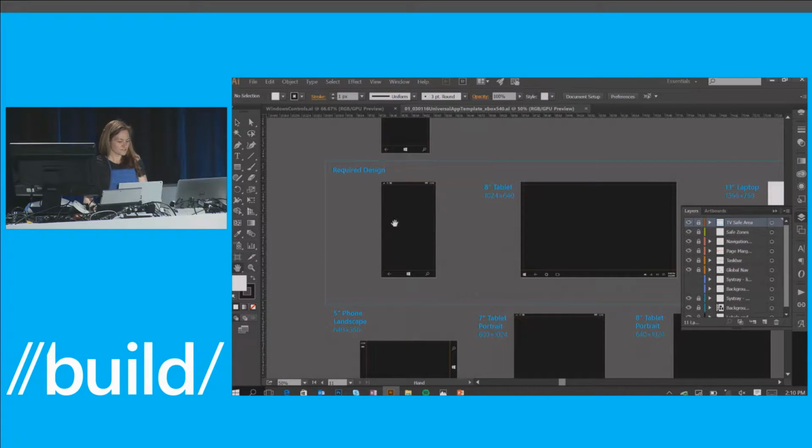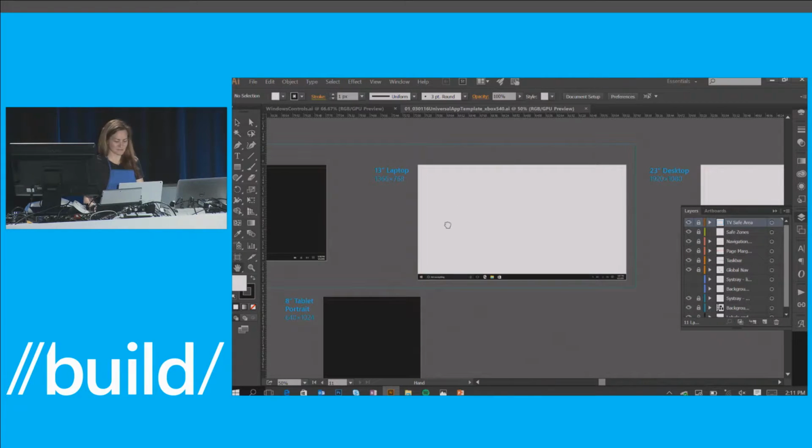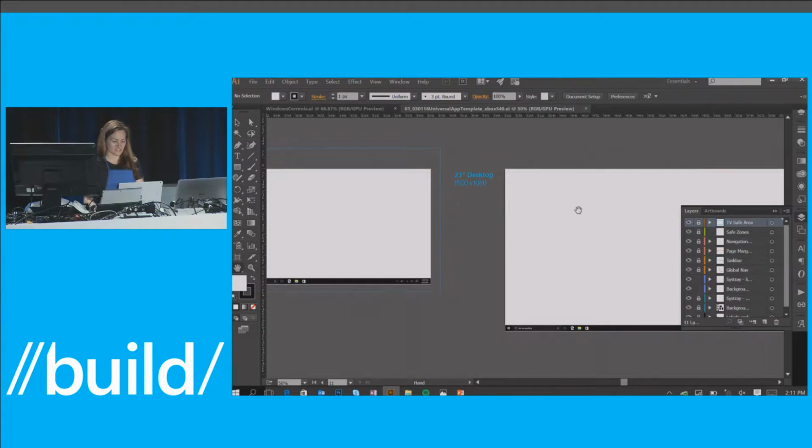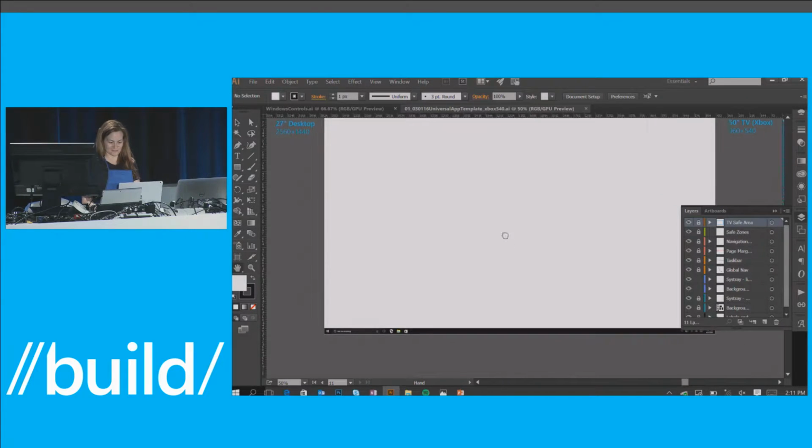So you have your primary ones, which is a 5-inch phone that we typically request if you're going to design across the whole entire ecosystem to hit most of the actual pivots and points within the system, and then an 8-inch tablet, as well as a 13-inch laptop. And then additionally, you can also get a 23-inch, and then also the Xbox, which I will scan all the